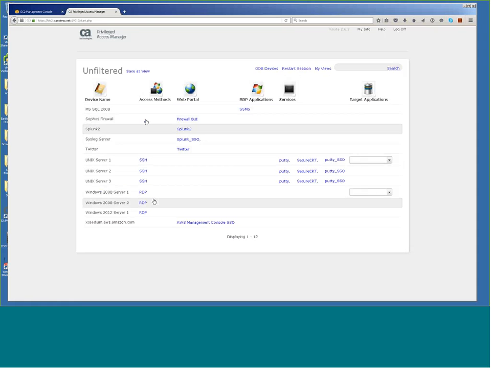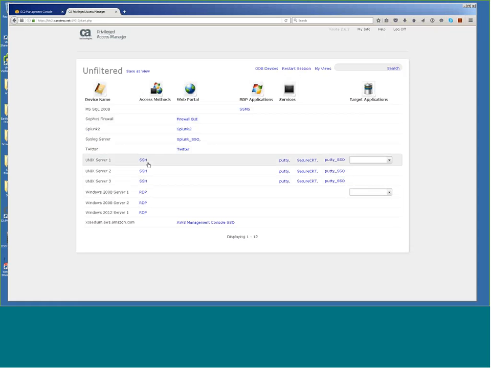The users wouldn't have to have any software installed on the local machine to access these. Should the users want to use PuTTY, SecureCRT, PowerBroker or anything like that, like they're doing today, they don't want to change when they go to a password management system, we can facilitate that as well.